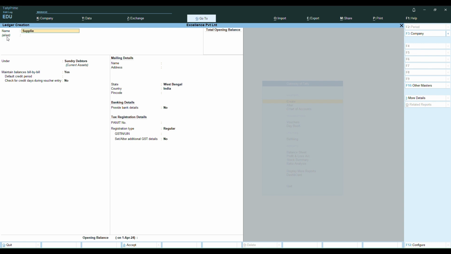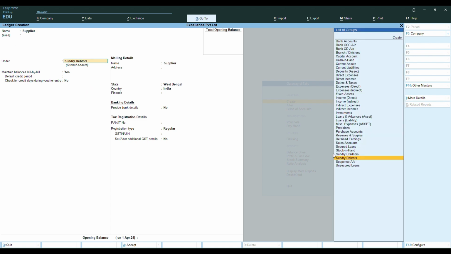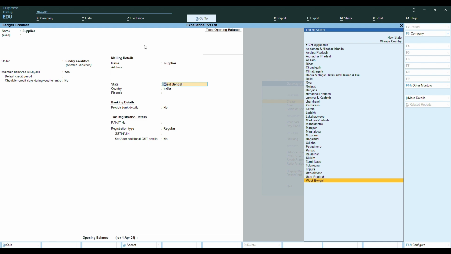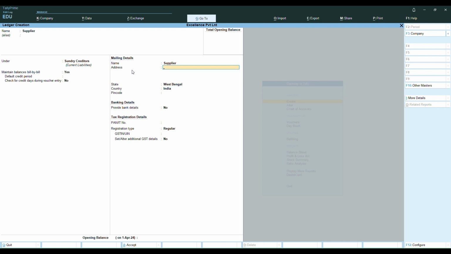Now let us do one more ledger entry called supplier. In this case we will select the category as sundry creditors. We will enter the address next.